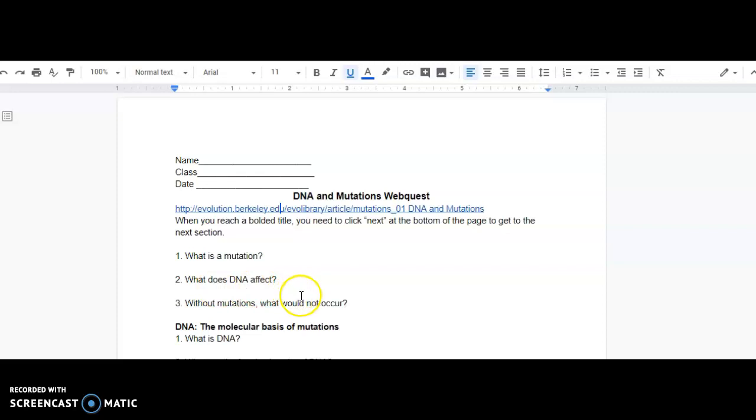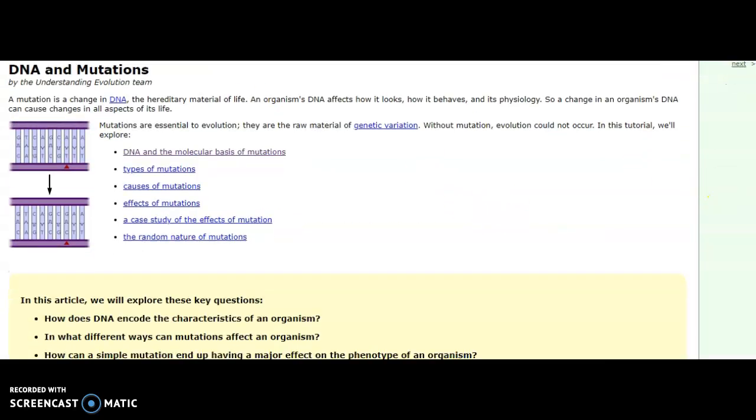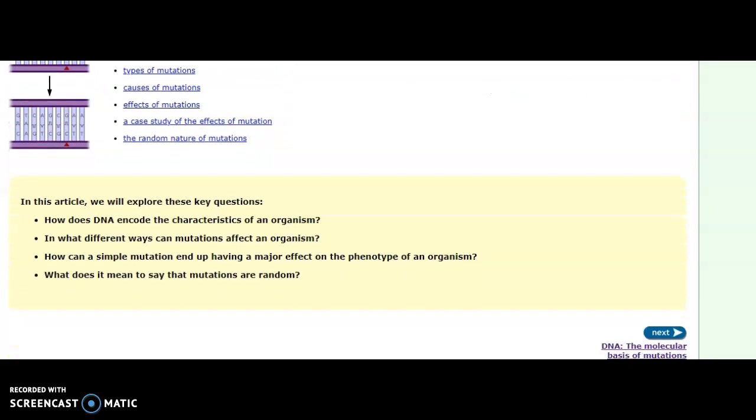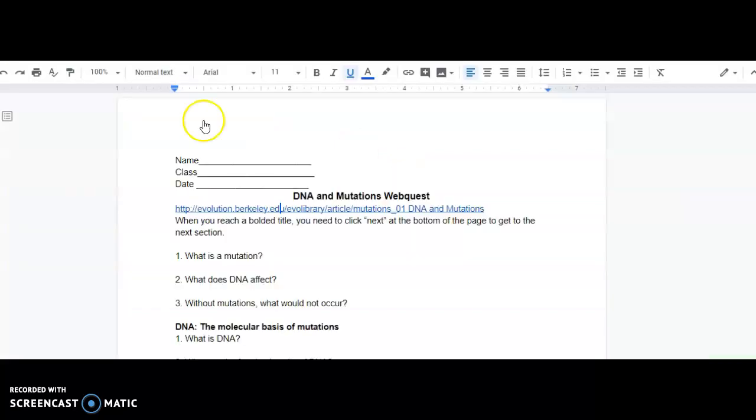What is a mutation? What does it affect? Without mutations, what will occur? Those kind of things. So basically, you'll just go through basics of the mutation, and basically back to the paper. Once you've answered those three questions and you get to this next bolded area, DNA, the